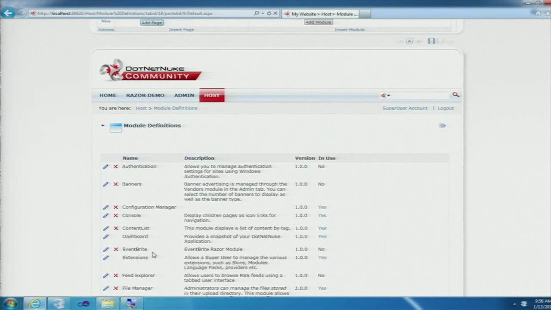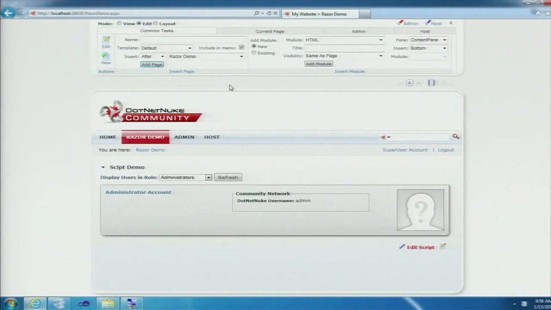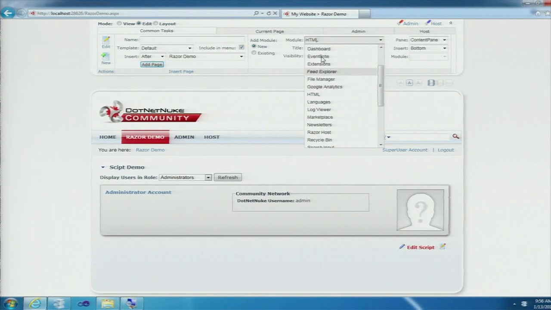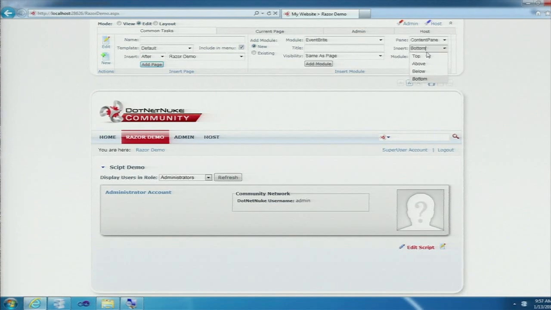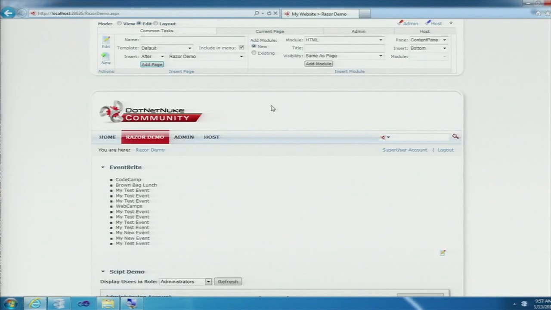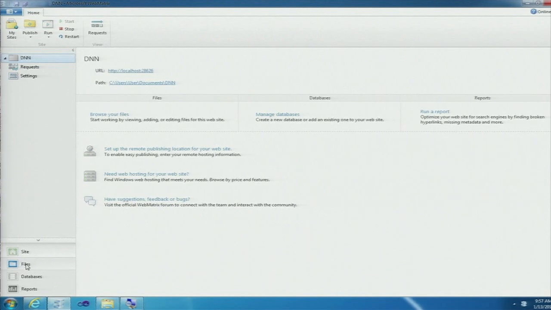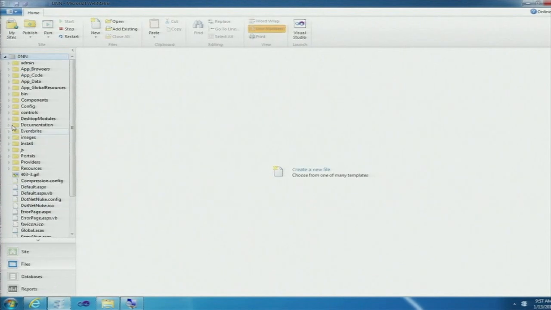Now that the module is registered, it's not yet active on our site. We need to add an instance of that module to a page on our site. So we're going to go back to the page that we were on before. We're going to go to the control panel, and we're going to drop down and select the Eventbrite module. Once we save this, or once we inject an instance of this module onto our page, we're going to see a list of events. The initial view of this module is not that interesting. It's just an unordered list of events, and this isn't providing a very great user experience for people coming to our website. So we would like to enhance the capabilities of this module, and this is where WebMatrix comes back into the picture again.